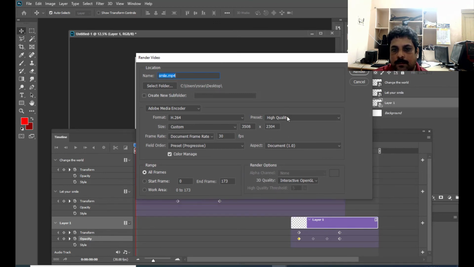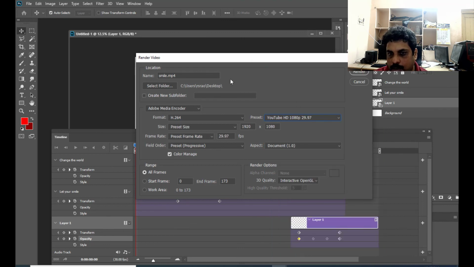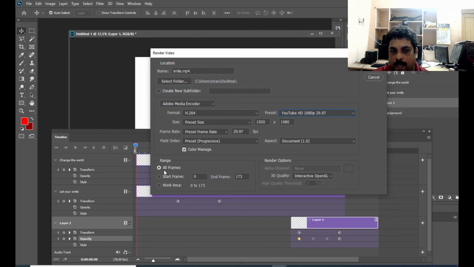Then you can select the preset quality, high quality, but we will do something. We'll do it for YouTube. So let us select YouTube HD, and then the format H.264, keep it like what it is, and we have to select all frames. If you want only specific frames, you can mention here, but we want all frames.